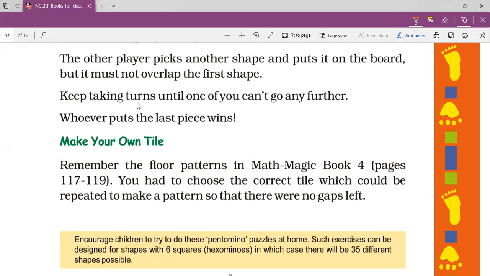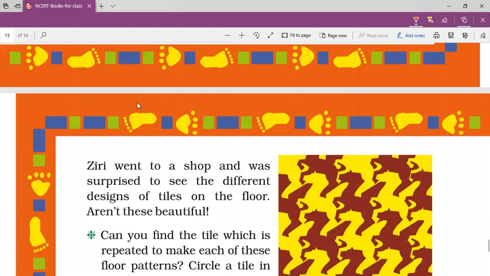Whenever the tile is placed, if you see the floor tile, it is not one whole big tile placed in the room. The tiles are divided into small parts. You can see the gaps between two tiles, and each tile is a little bit small in size. So it is filled in such a way that it covers the whole area of that room. Okay, so let's see what is next.